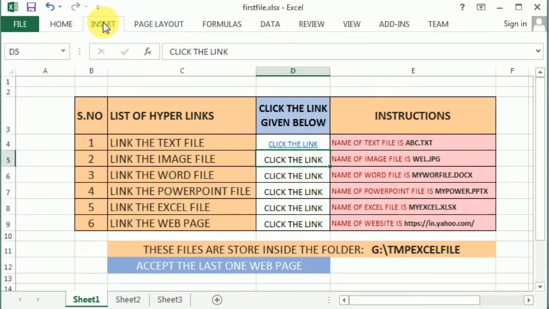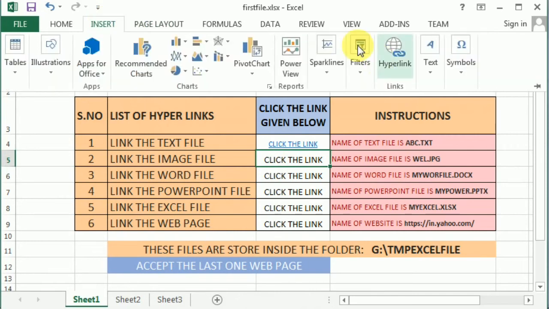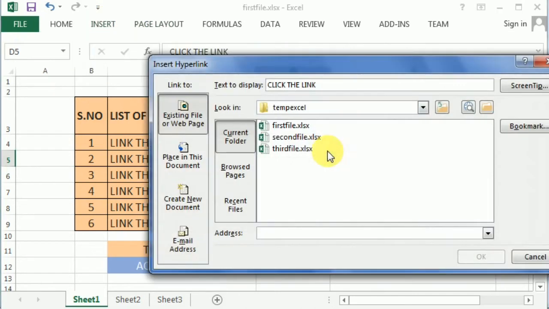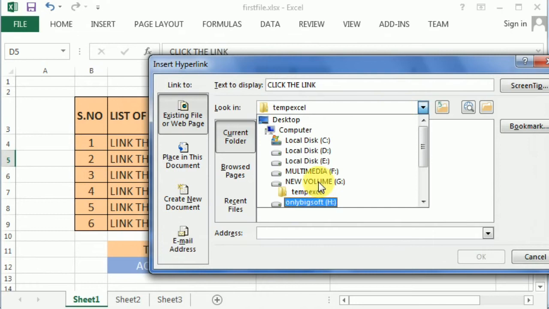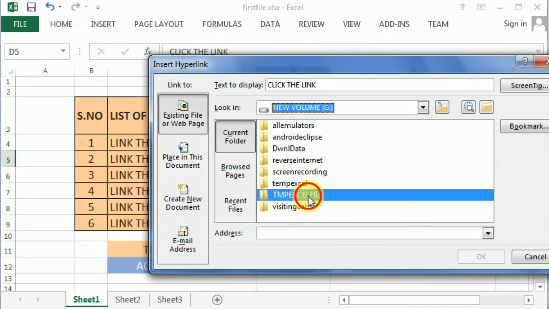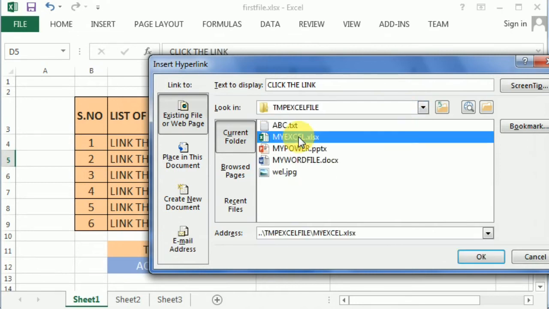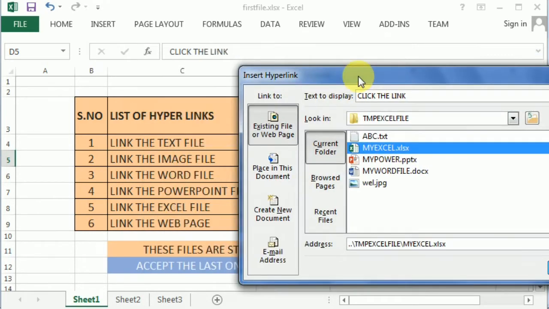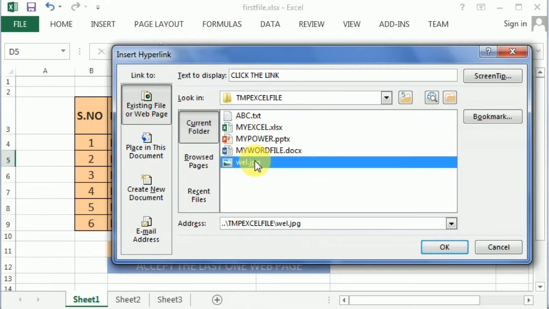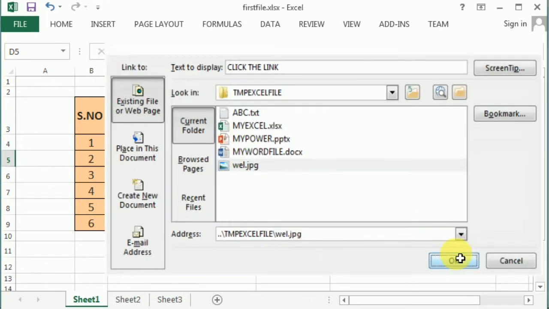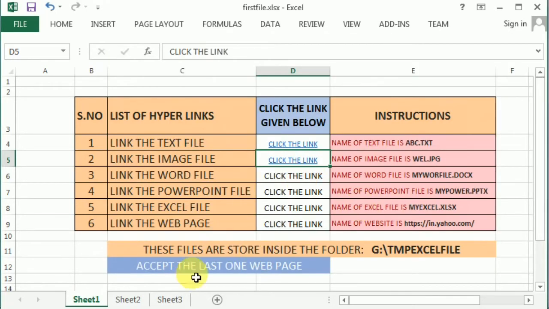Again go to Insert, click on Hyperlink, and again go to the same place, the G drive folder, and select the second one. What is the second one? The image file. So select the image and click OK. Now it has been done. So this is the way things are going to work.